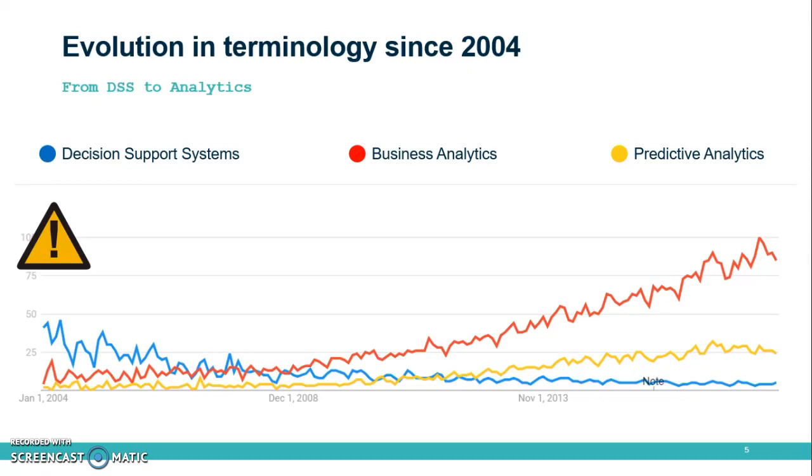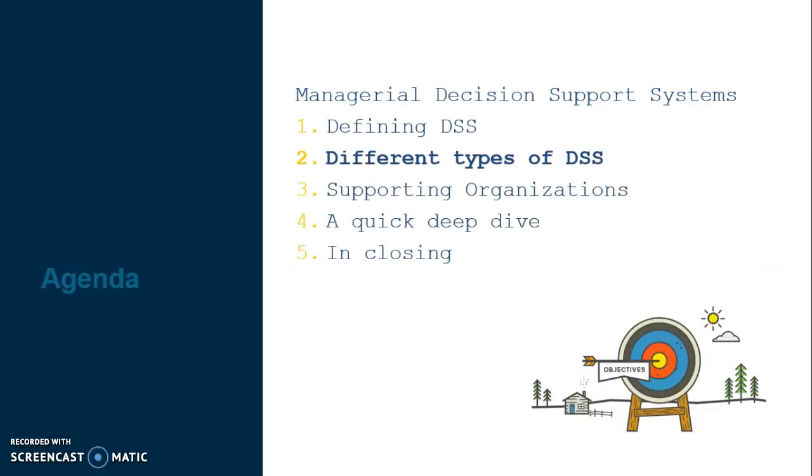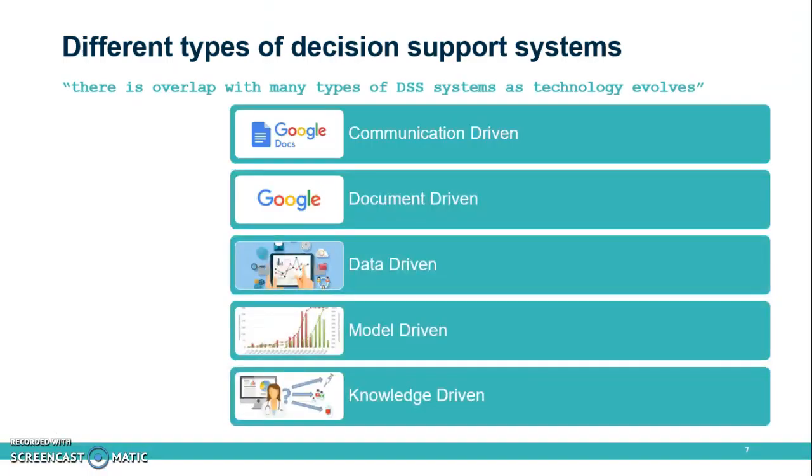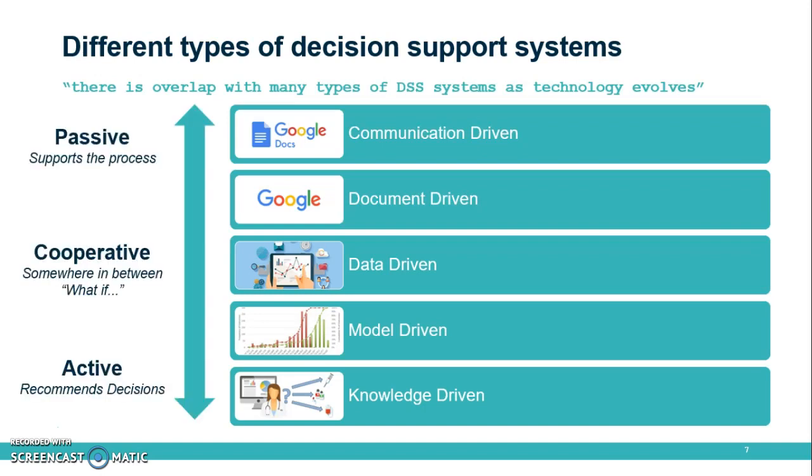But as AI develops, it will increase the use of DSS. Different types of DSS. So there's five main types of DSS, and that would be communication driven, document driven, data driven, model driven, and knowledge driven. There's another context or piece that I want to add in here, which is going from passive to active decision